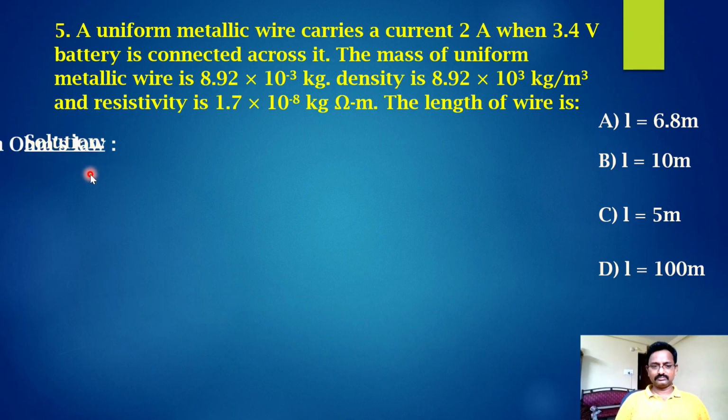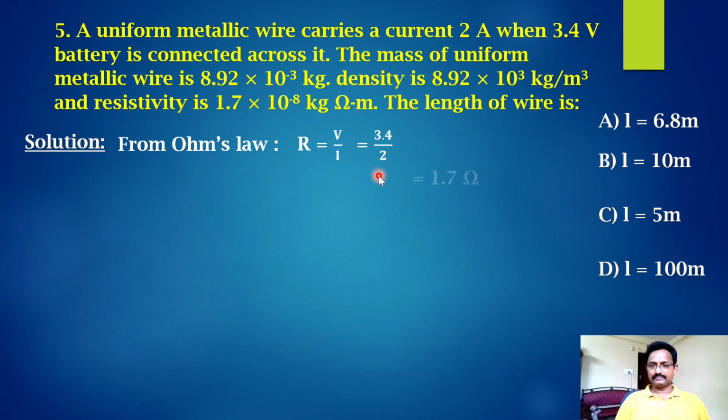Solution: from Ohm's law, we have resistance R is equal to V by I. That is equal to V given 3.4 volt by I given 2 ampere. So that is equal to 1.7 ohm. So we got resistance 1.7 ohm. So from R is equal to rho L by A,